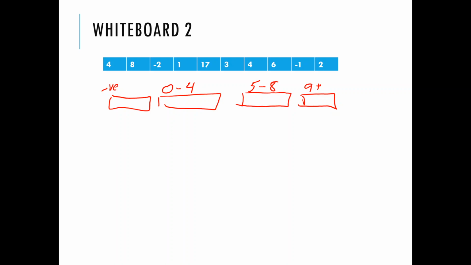And so each one of these values, I'm just going to find out which bucket it's going to go into. So which bucket is this going to go into? The 4 is going to go in here. The 8 is going to go in here. The -2 is going to go in here. The 1 is going to go in here. The 17 here. 3, 4, 6, -1,